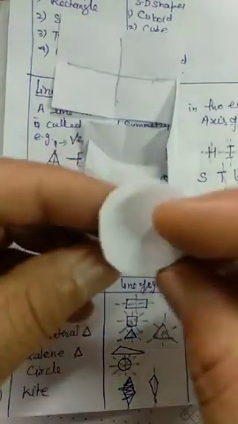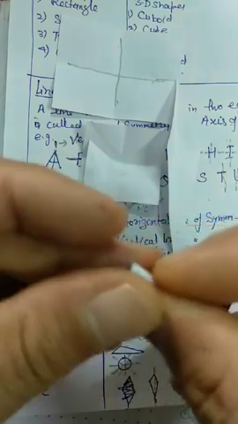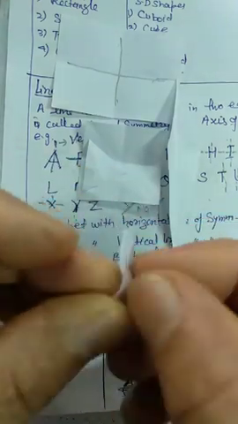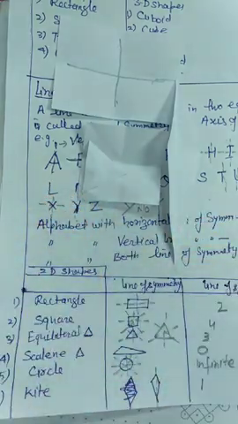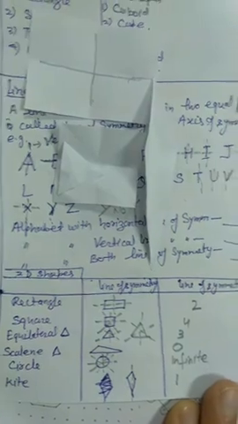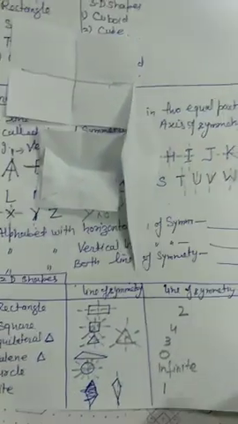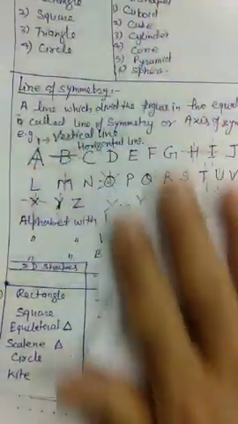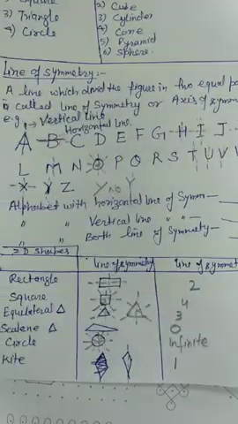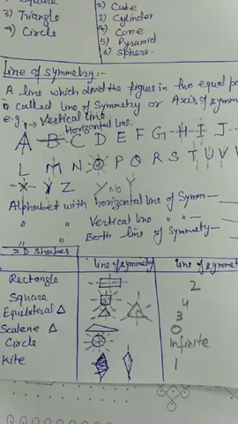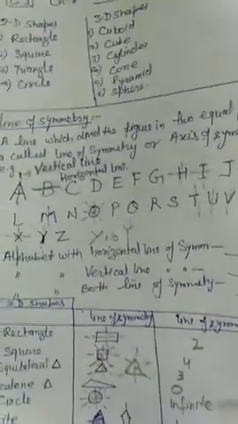If it is a circle, infinite lines like this, you can fold anywhere with the center and the diameter. You got many lines of symmetry. So this is the work you have to do in the notebook. Now we will go to the book side. I will show you again. You can pause the video and you can do it. And these 2D shapes and ABCD you can do like an activity method also.